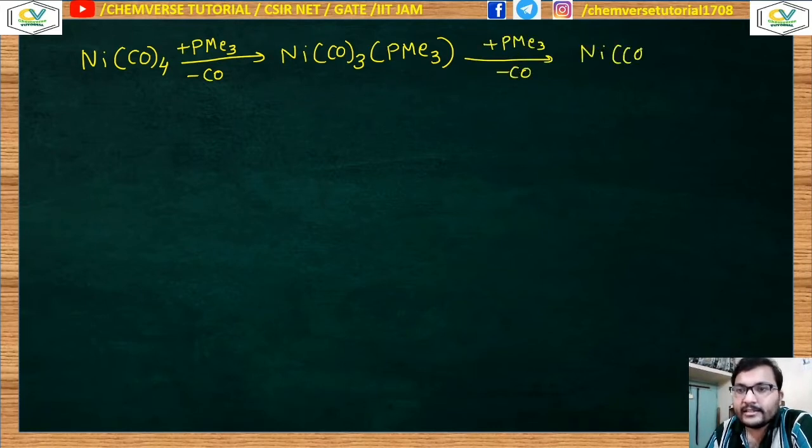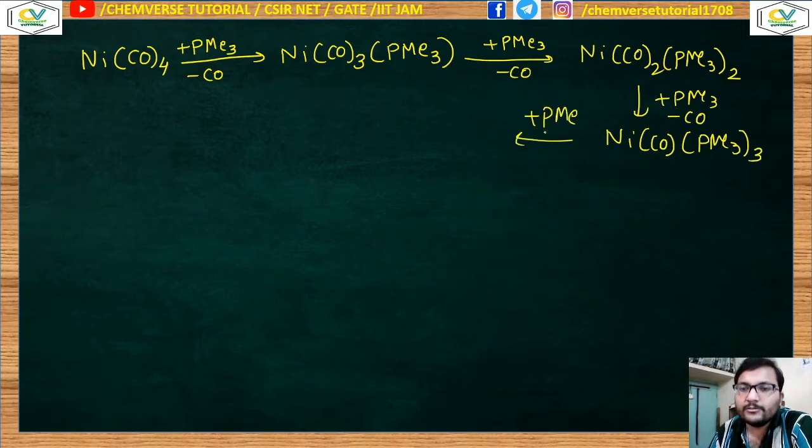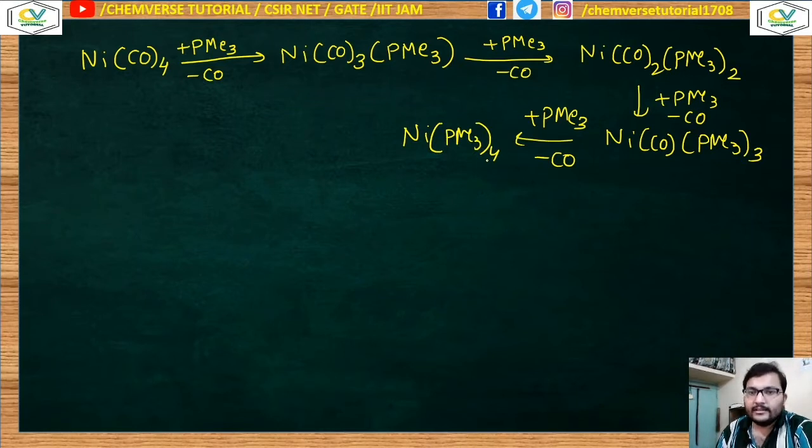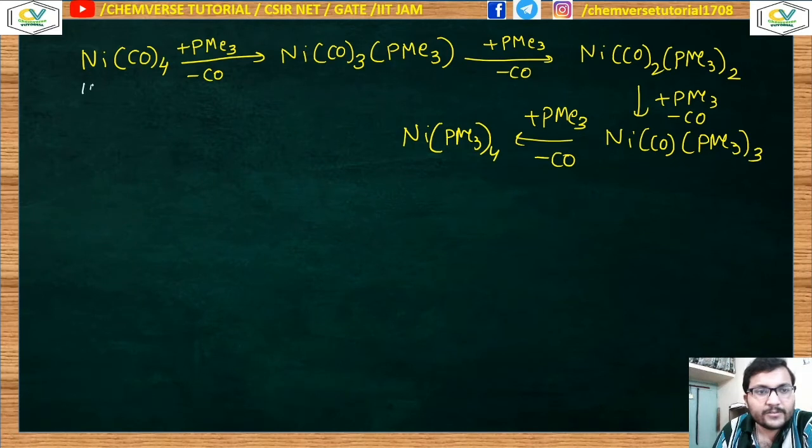Now it is forming di-substituted, another molecule of PMe3 forming tri-substituted, and the fourth molecule of trimethylphosphine will obtain the tetra-substituted complex of nickel. If you count the electrons, you can easily say that the nickel has 10 valence electrons and carbonyls are 2 electron donors, so 8, 18. Similarly, PMe3 or PR3 are 2 electron donors.